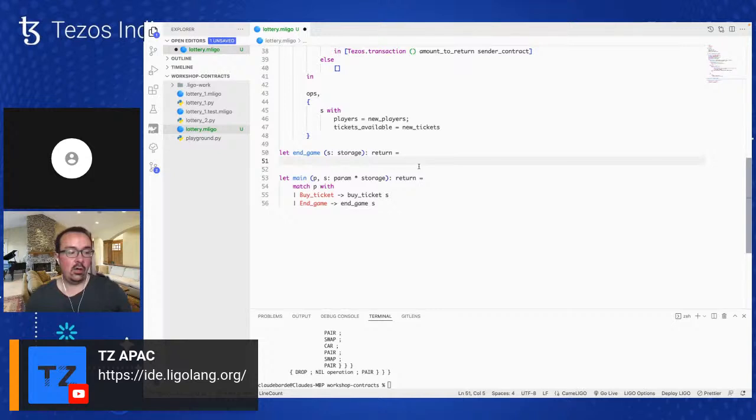Okay, so here again we want to do some checks. First, we want to check that you can only end the game when you don't have tickets available anymore, so when the amount of tickets is equal to 0. So first,